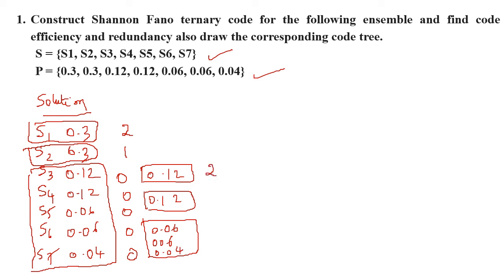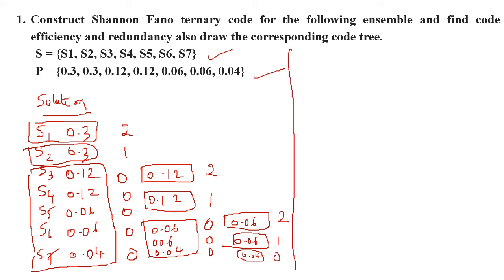Next is assigning the first subgroup as 2, second subgroup as 1 and the last subgroup as 0. Now we cannot do it further because we want 3 groupings. So first one will be 0.06, the next group will be 0.06 and the last one will be 0.04. So now assign the value, it is 2, 1 and 0.